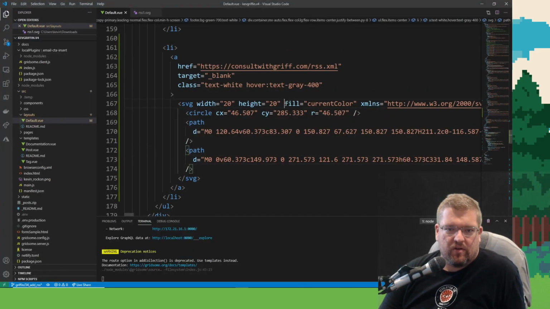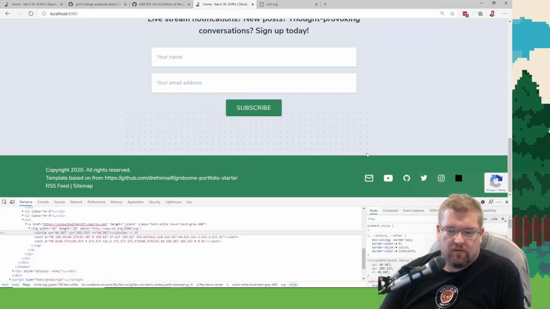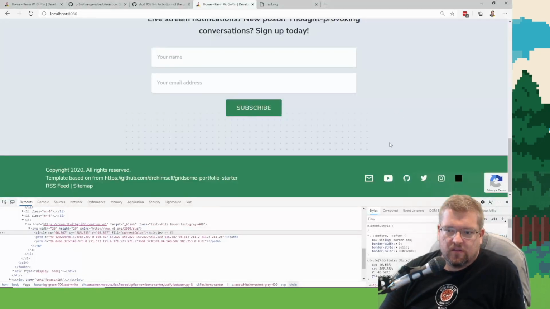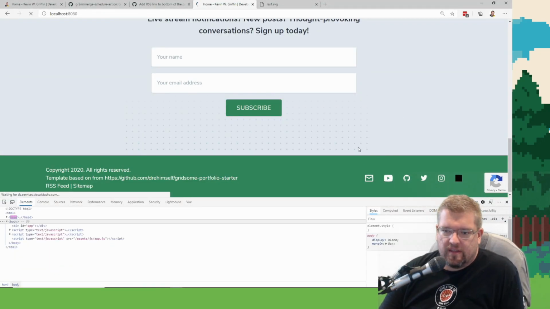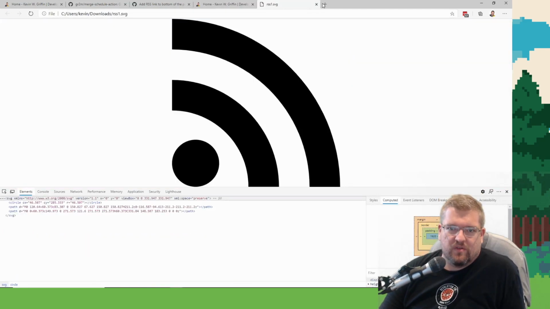All right, so if I take out current color, it's all black. But text white. All right, that's not doing anything. All right, I need to get my learn on with SVG real fast.